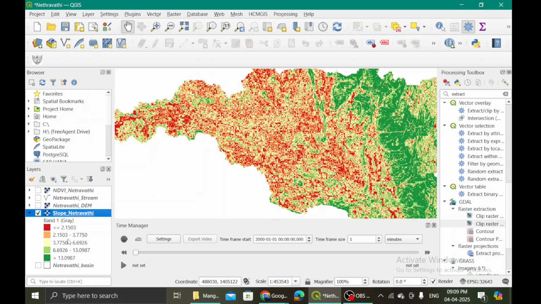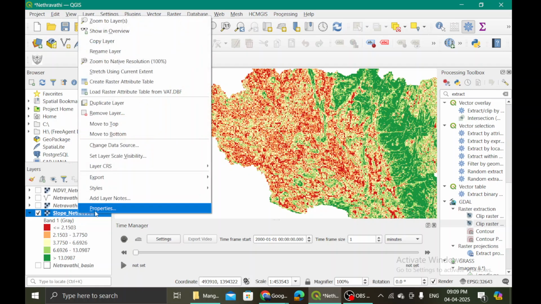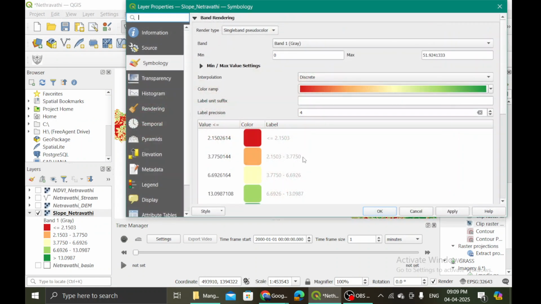So what I have done, I have made these 5 divisions, 5 classes based on the slope. So red color indicates it is almost planar region, or the inclination is very low, that is less than 2 degrees, and then 2 degrees to 3 degrees, and then 3 degrees to 6 degrees, and these are all natural gradients you can take. 6.7 degrees to 13. If you want to make them very appropriate, that is also possible.